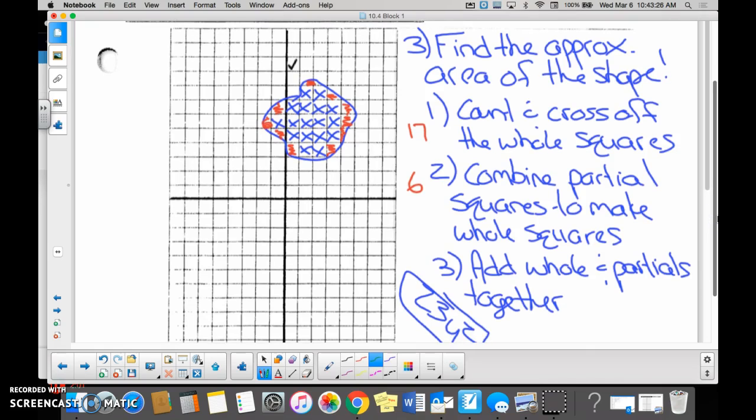We found the area of the whole squares, so everything in blue. So here's step 1. Everything in blue is a whole square, right? And how many do we count? 17. And then we took all of the things you see in red, so all of this red stuff, which I'm now making green. We combined the partials to make wholes, and how many did we come up with? 6. And then the last step was to add them all together, and we found the area of this weird